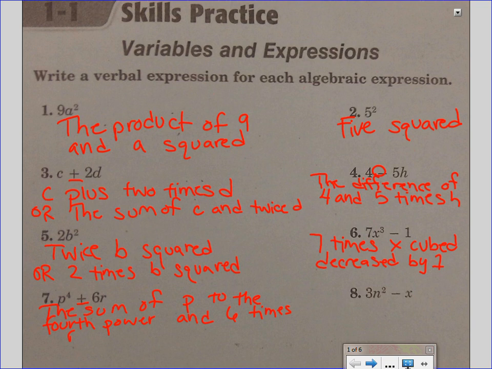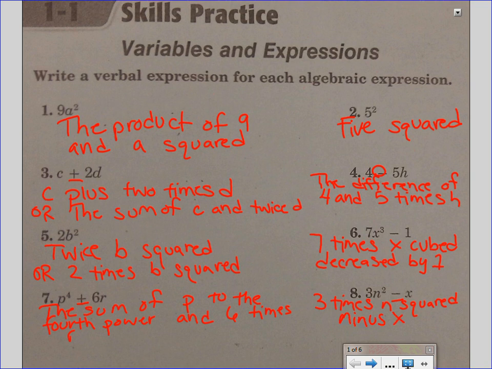And this one down here, we could go with the difference. We could go with 3 times n squared minus x. We could go like we did with number 6 and say 3 times n squared decreased by x. I think I'm going to choose to just write it like it's written. So I'm going to say 3 times n squared minus